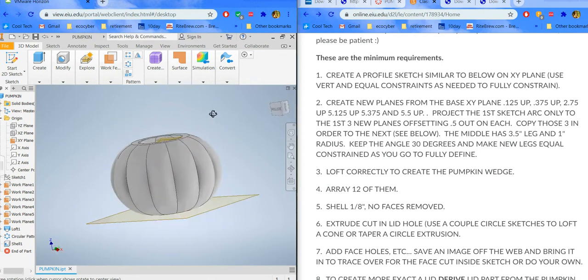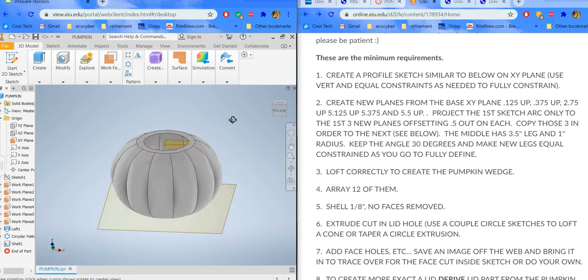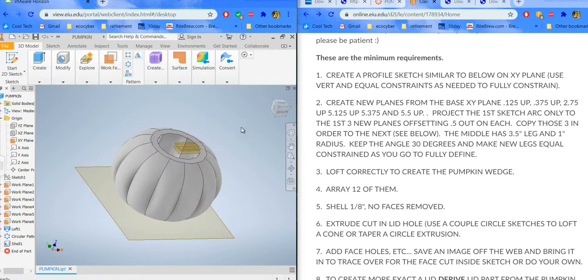It's really thin. You can kind of see why it's failing. It's getting really thin on top, where that hole is, but it works pretty good. So I'll just leave it like that. Save again. Okay, extrude cut lid hole. Use a couple of circle sketches to loft